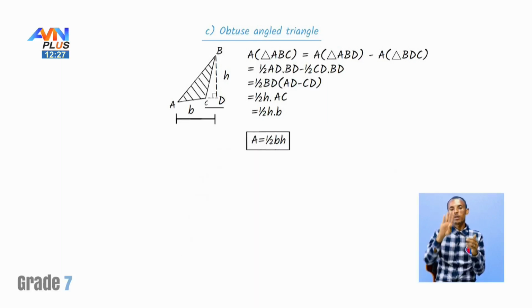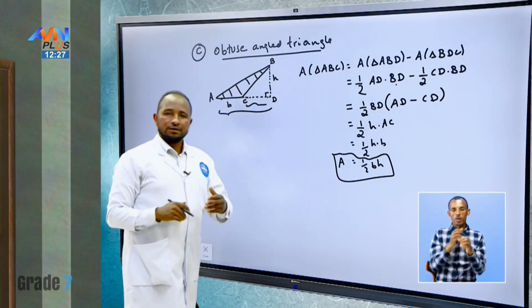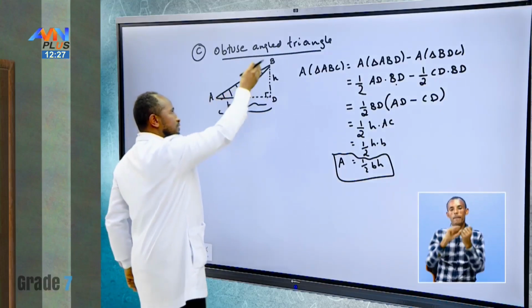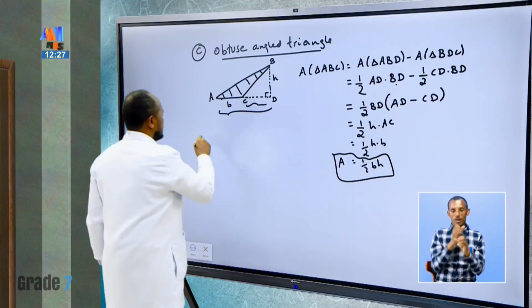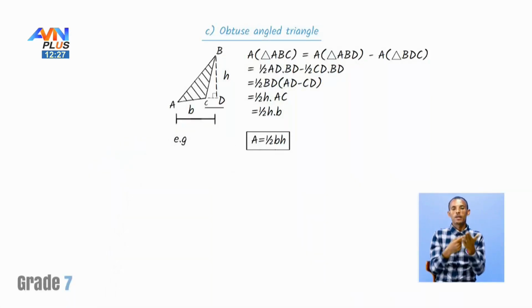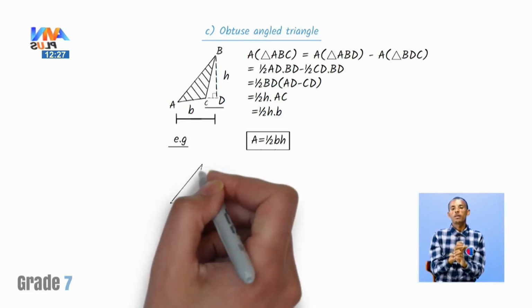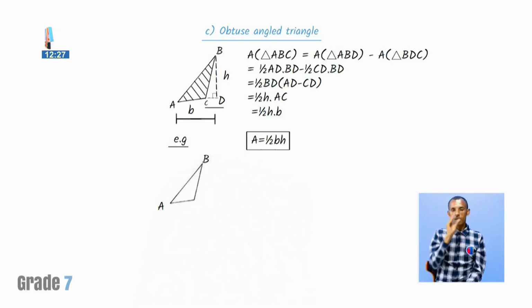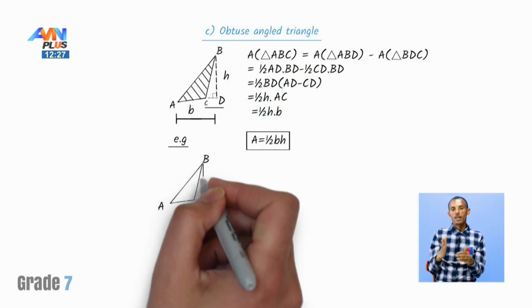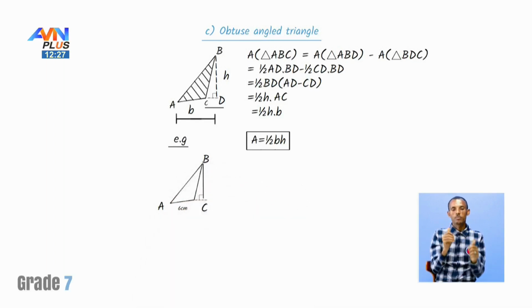Therefore, to calculate the area of an obtuse angle triangle, you can use its base and the altitude, which will be outside of the triangle. So using these two, you can calculate the area. For example, here, if you are asked to calculate the area of this triangle ABC, and this side is given to be 6 centimeter, and this altitude is given to be 4 centimeter. To calculate the area of this figure, simply you multiply this base and